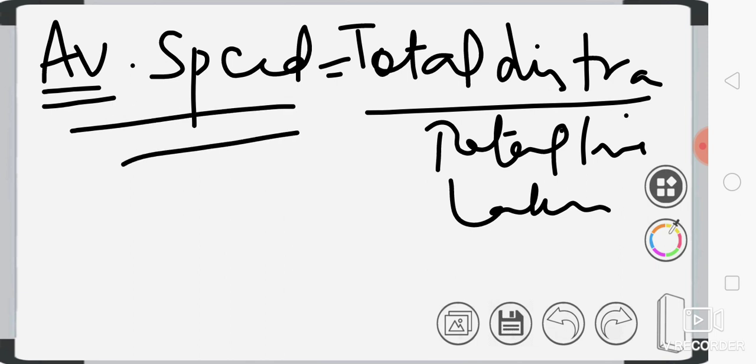You must be aware of the proper formula for average speed. You must know that speed is just distance traveled upon time taken, and for average speed we will have total distance traveled upon total time taken. Now the next one, if we consider it, is